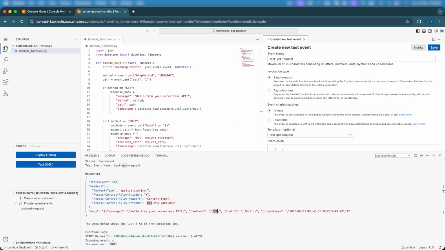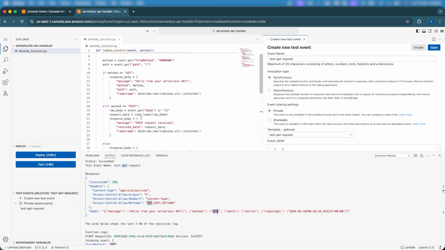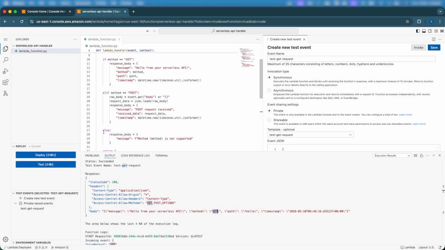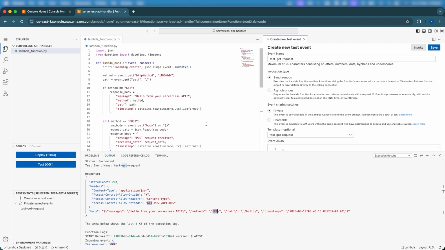Now, some of the key things I want you to note, always when working with your Lambda function: each time you make an update or any modification to your Lambda function, always remember to deploy your Lambda code. Now, the next part of this tutorial is we are going to proceed to